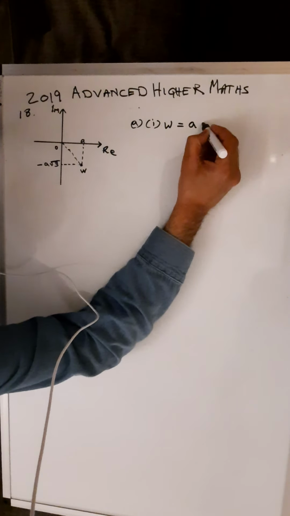Given that a is equal to 4, use De Moivre's theorem to find the values of k and m and find the remaining roots. So Z cubed is equal to W. That is equal to 2a